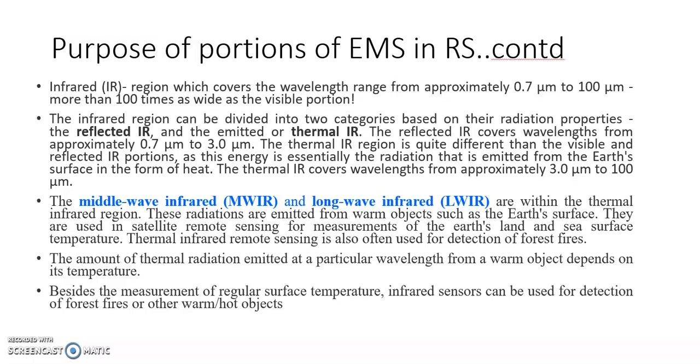micrometers. Understood. Similarly, reflected infrared. Now reflected infrared, when I'm talking about, it's actually spanning between 0.7 to 3. But somewhere between 1.55 to 1.75, this particular range of reflected infrared can even penetrate thin clouds. So if you want to study cloud cover, this particular range can be used. Or this is also used to get a good contrast between different types of vegetal species.